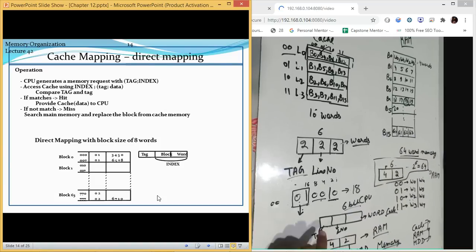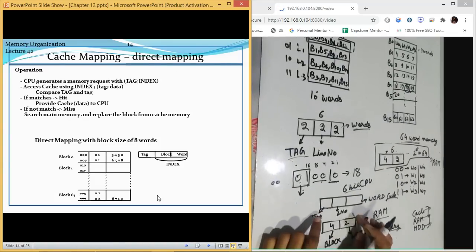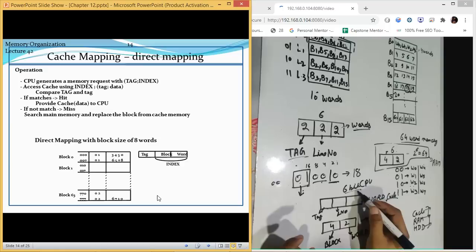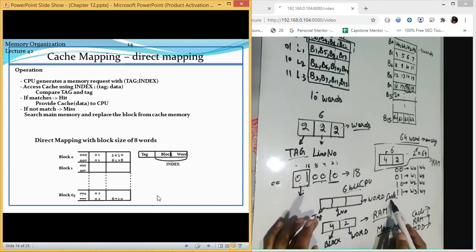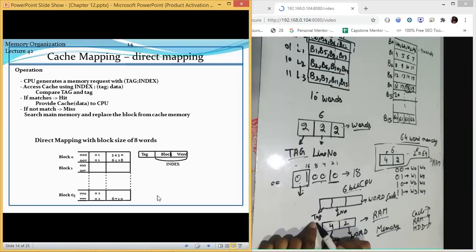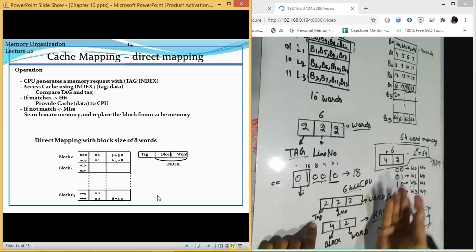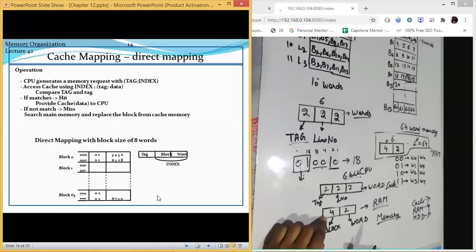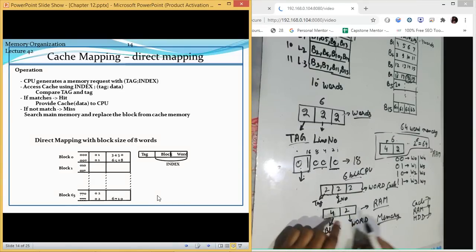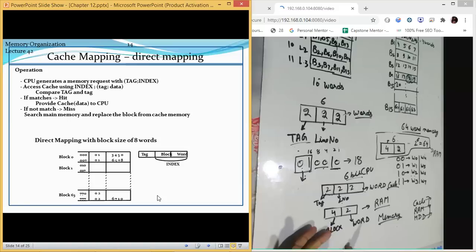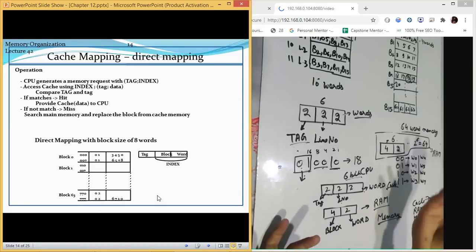Now to do that, what we have simply done is, if it is a 16-bit CPU address, and you are looking inside the cache, look at it this way: use the tag, use the line number, and use the word. But the total length is still the same, 6. If you are searching inside the RAM, use this: block, these two are combined. Block is 4, word is 2. So if you want to look at it in this way, you can search for it.